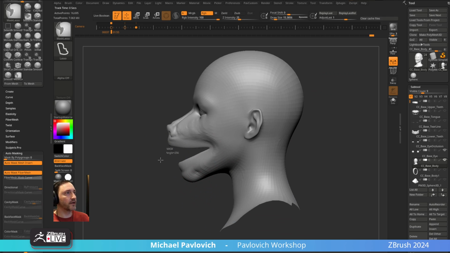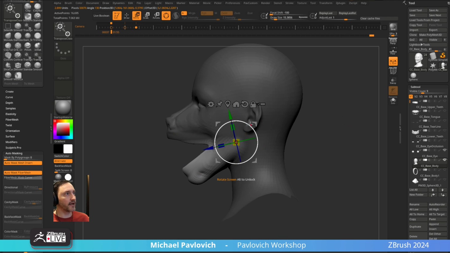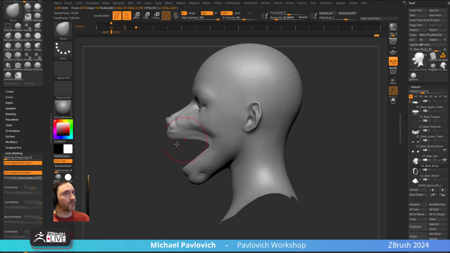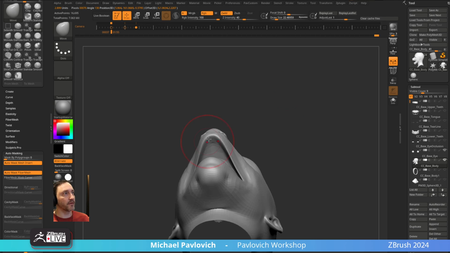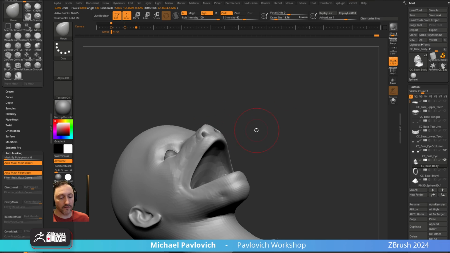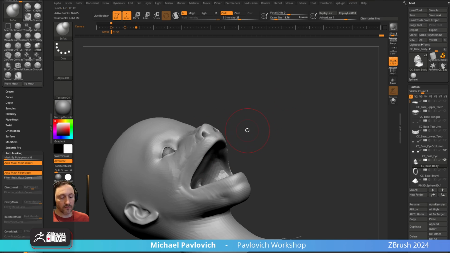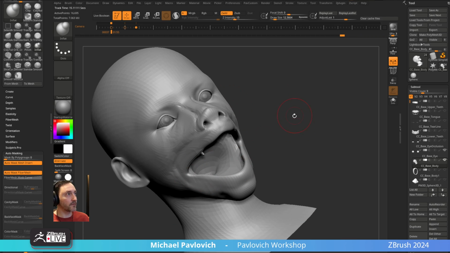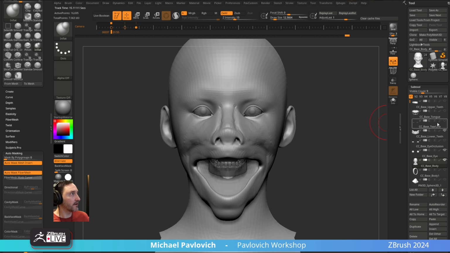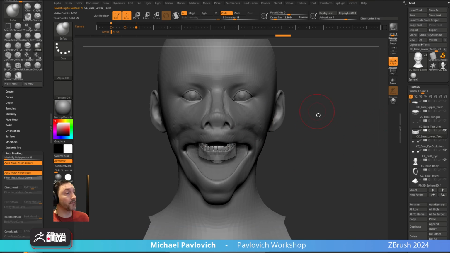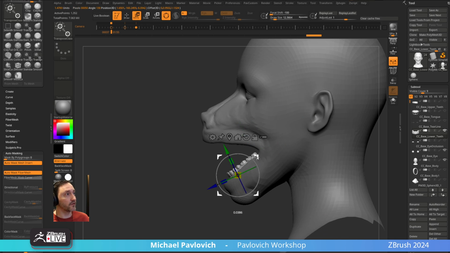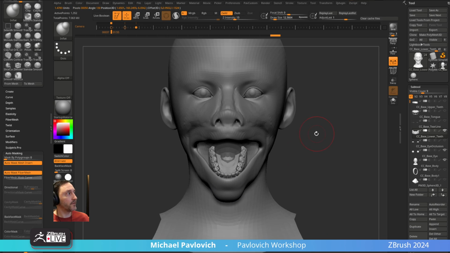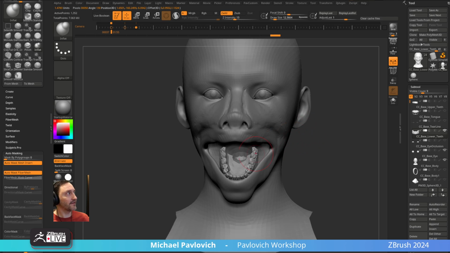let's go for broke. Let's go in here to our mask lasso, Control-tap to soften that out a little bit. We'll drop this down, and we'll go ahead and start flipping that lip up over the teeth. Now, in order to know where these things are, let's turn off lazy mouse, drop our Z intensity down on our inflate brush, and we'll just inflate those lips back up. So let's go ahead and get some of our teeth back. We got our lower teeth here, which we can position, and I'm going to stretch those way back here, and I think it actually kind of stays